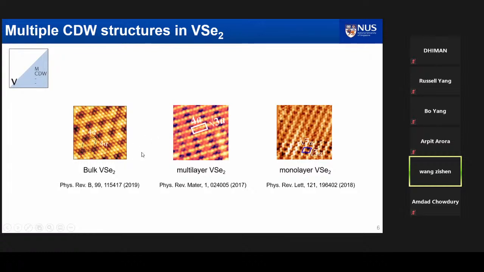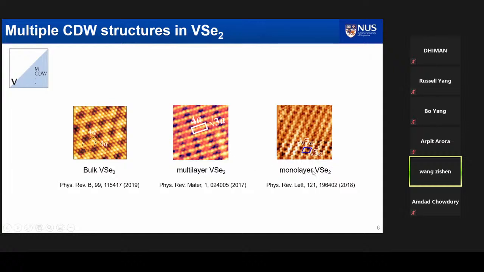However, with the decrease of layer thickness, different CDW patterns have been observed, such as 4x3 for multilayer VS2 and √7x√3 for monolayer VS2. So as mentioned before, a different CDW symmetry between the bulk and the monolayer VS2 is unexpected. Such phenomena may indicate that the CDW properties of VS2 are sensitive to external stimuli, and we focus on